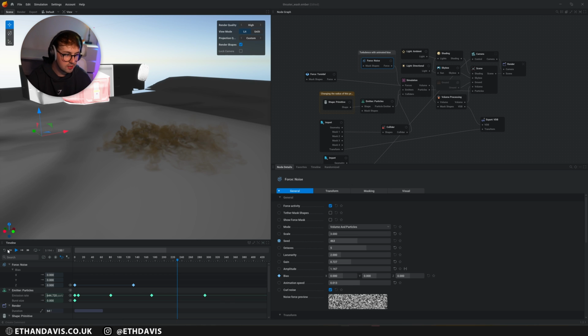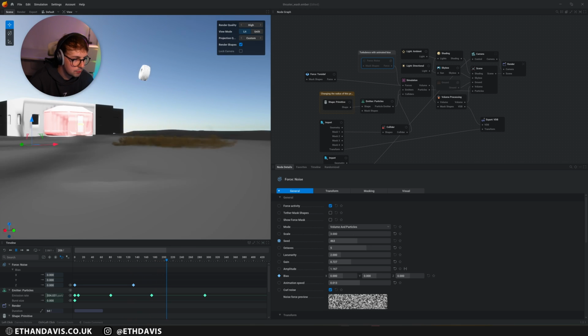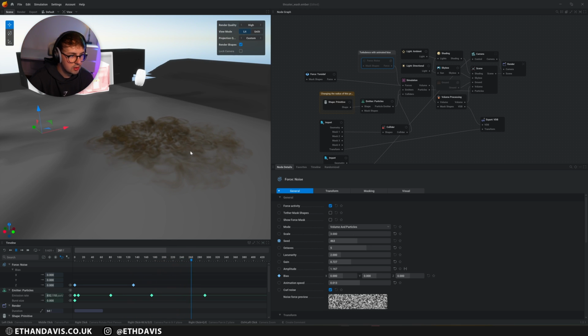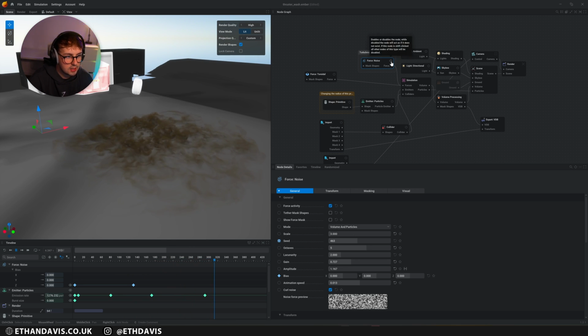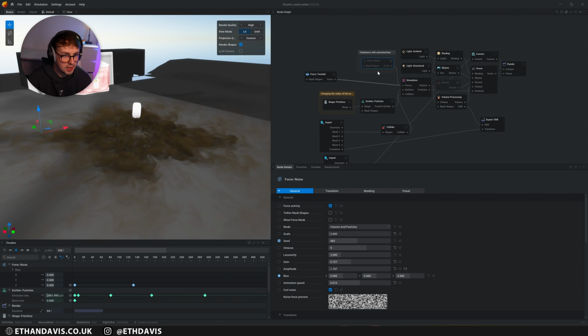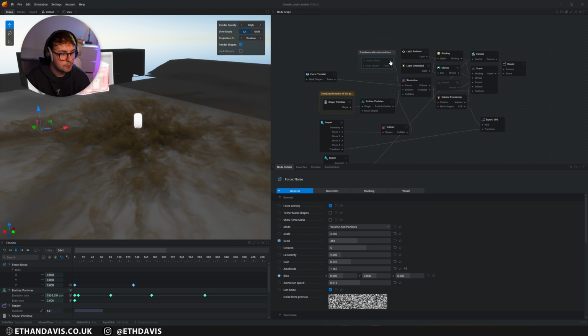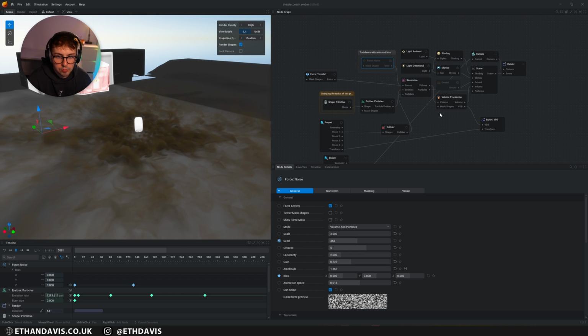And then this noise is also doing that, but this noise is essentially making the simulation a little bit more detailed. This is sort of what noise does. So right now it looks kind of flat, but as soon as I increase the noise, you can see it starts getting a little bit more interesting. Now it's a bit flat again, and then noise, instantly a little bit more detail, which is pretty cool.